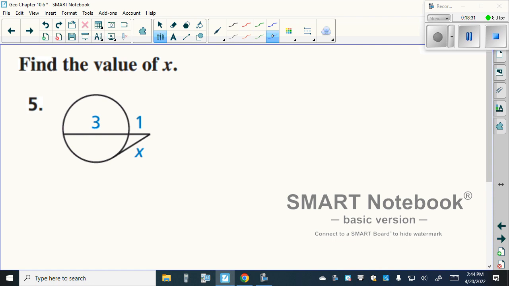So here we're going to take the exterior, the tangent, and it's going to be squared is equal to the exterior length times the whole length. So we're going to have x squared is equal to 1 times